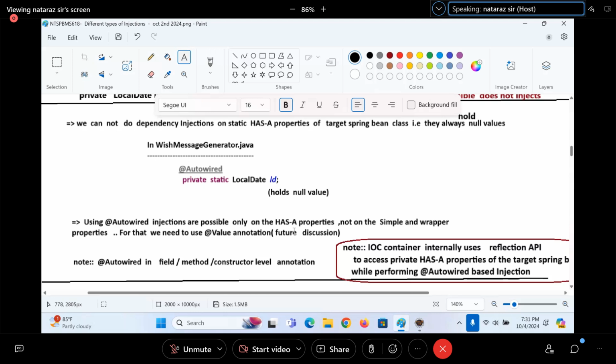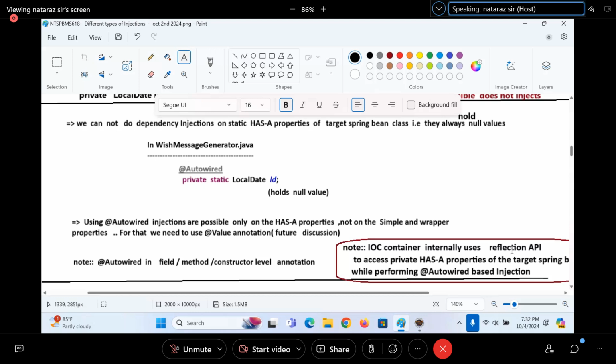I want to insert value 22 on a property, guys. Do I use @Autowired? @Autowired is for Spring bean to Spring bean injection. I want to inject Raja, Rani, 10, 20, bill amount, this kind of values to a Spring bean property. The types are simple types. Can I think about using @Autowired? No. So for simple values injection, wrapper values injection, use the @Value annotation. For Spring bean to Spring bean injection, @Autowired. Okay, guys, for that one, we need to use what? @Autowired.